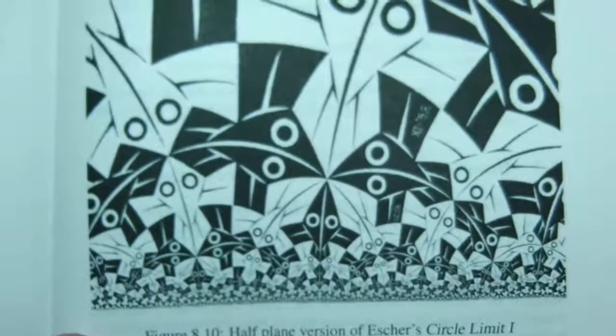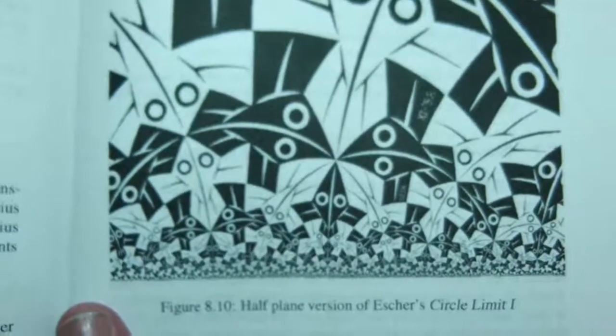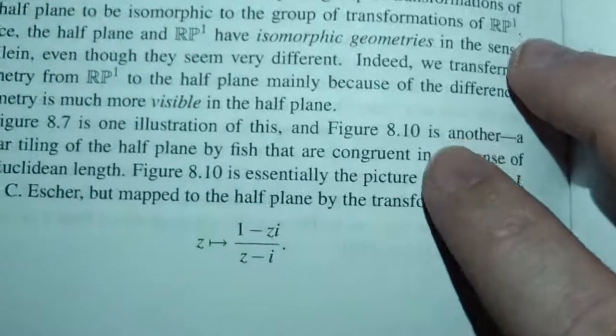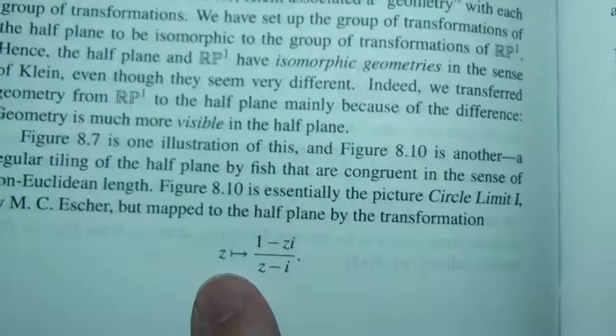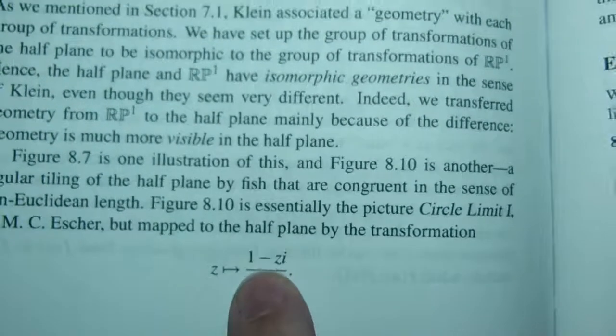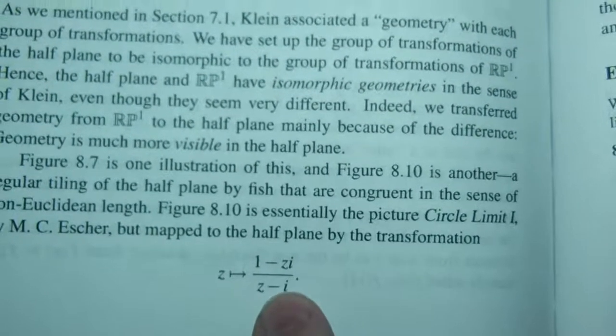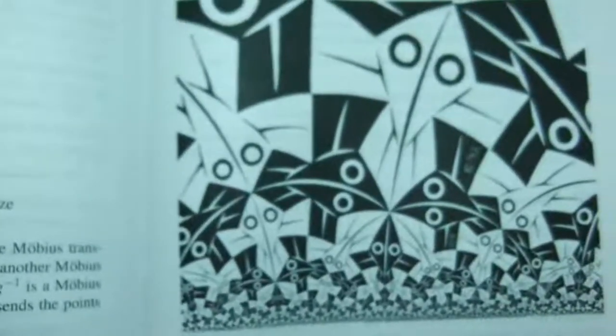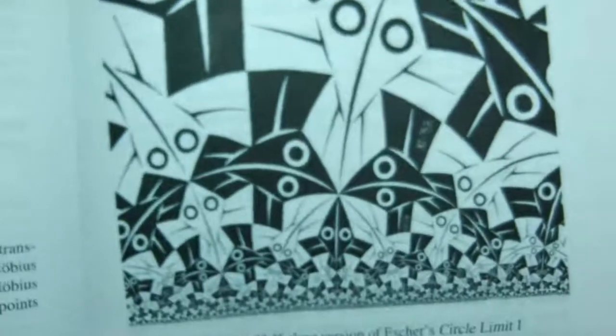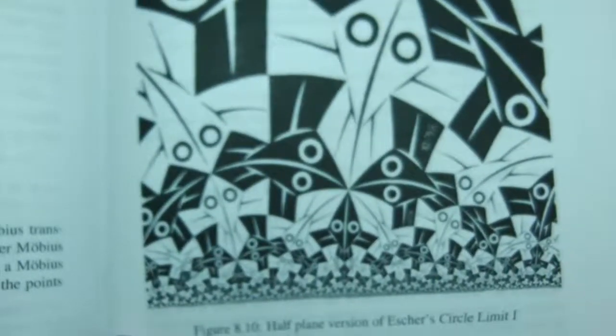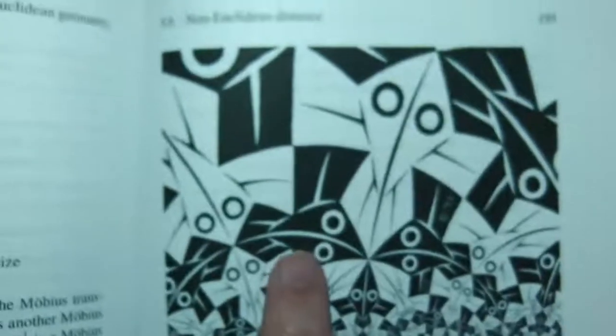If we take that Circle Limit 1 and map it to the upper half plane, we can do this by this simple transformation that sends complex number z to (1 minus zi) over (z minus i). So mapping it in this way, we have an upper half plane version of this, where these fish